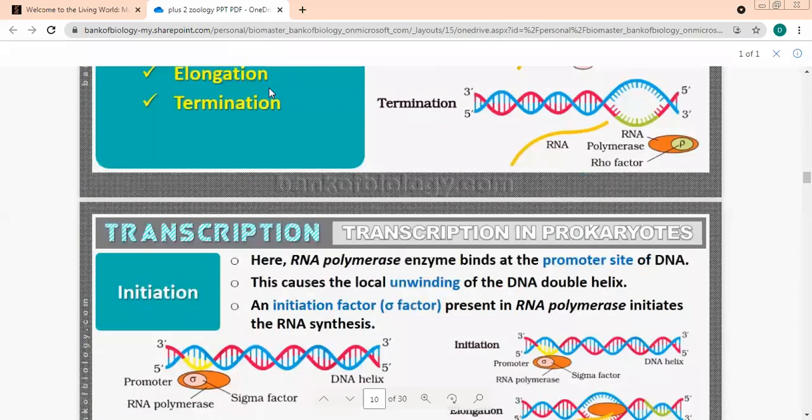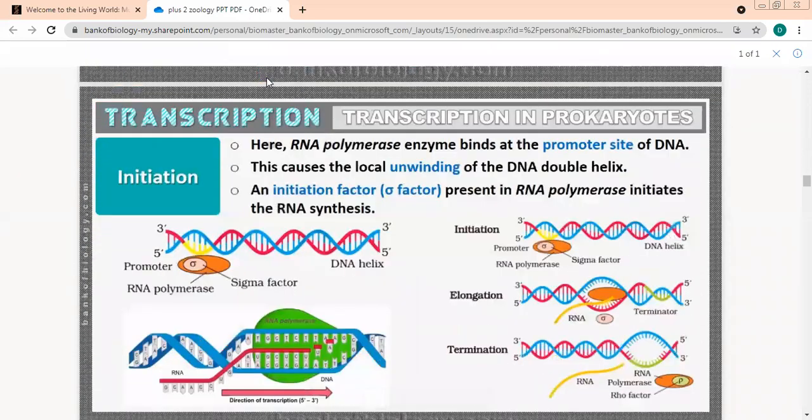We're talking about prokaryotes, children. Okay. Now let's understand what happens in initiation. We said only one enzyme is sufficient, and that enzyme is RNA polymerase. Please see this. This is RNA polymerase over here. RNA polymerase enzyme binds at the promoter site of the DNA. See, this was the orange one. This was the promoter site. This will bind here. First step, initiation. Just started now. RNA polymerase enzyme will bind at which site? Promoter site in the initiation area or the promoter area.